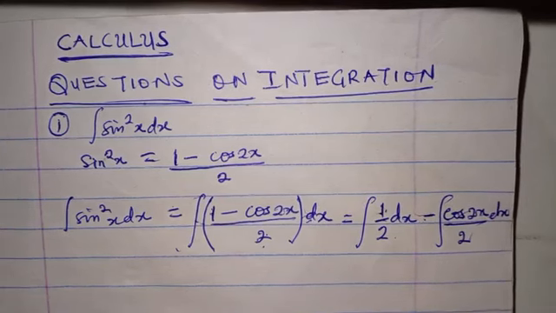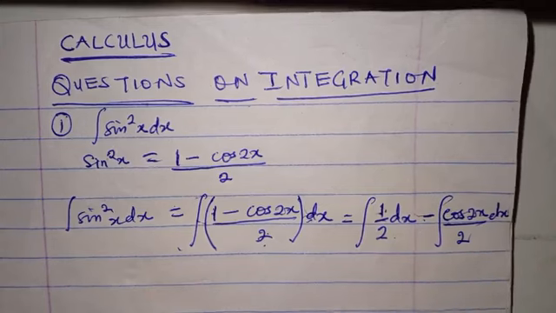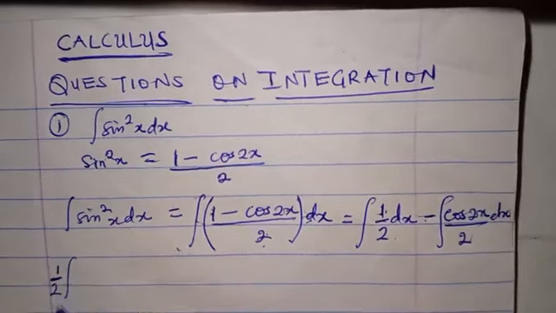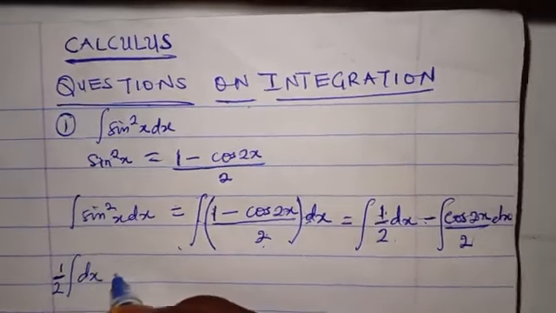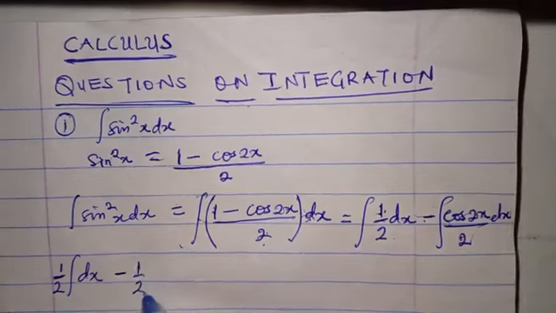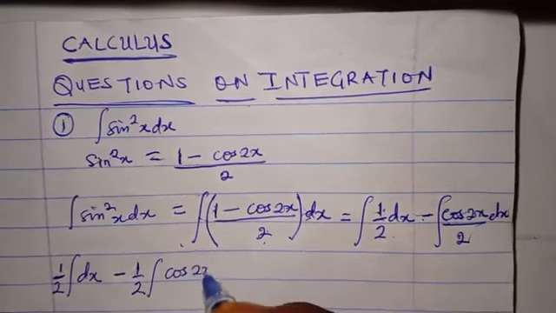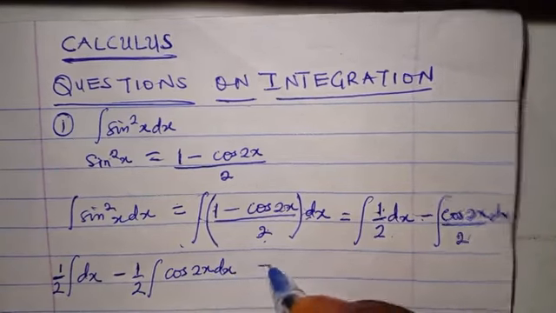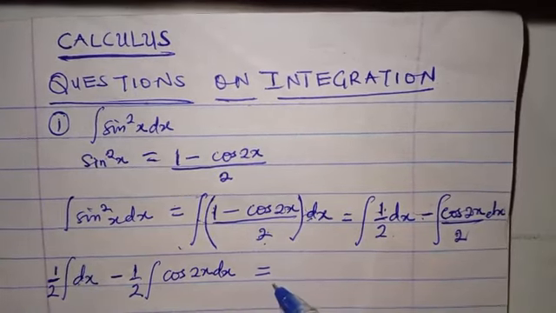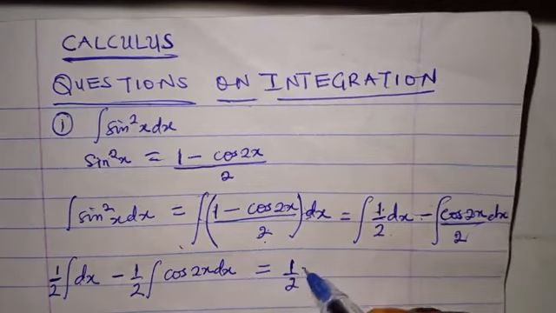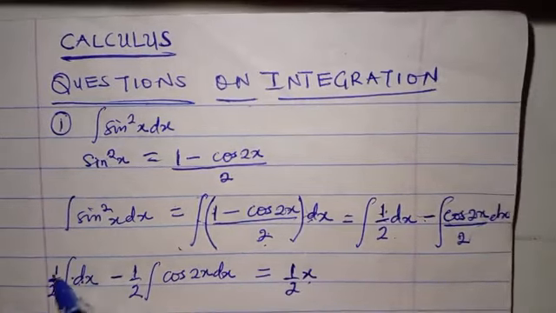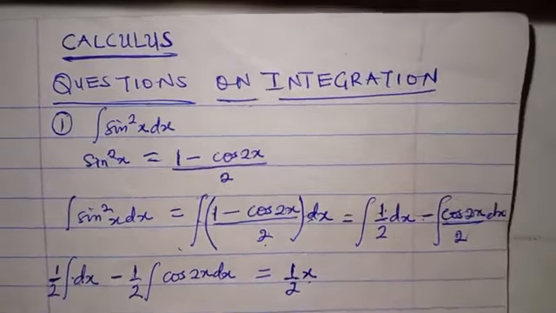Alright, what is the integral of 1 over 2 dx? 1 over 2 is a constant, so it's like saying 1 over 2 into the integral of dx, minus, I can bring 1 over 2 out from here, we're having 1 over 2 into the integral of what? Cos 2x dx. So the integral of dx is x anyways, right? So we'll be having 1 over 2x. The integral of dx is x, and x times 1 over 2 is 1 over 2x minus,